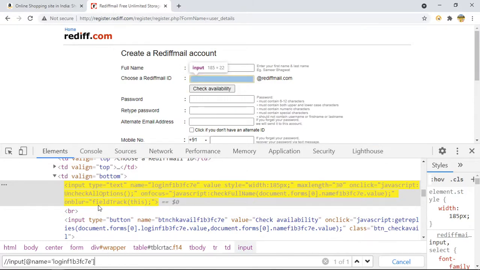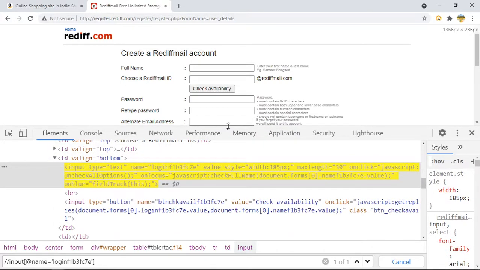So as of now I am here and I want to, if I say one more, so as of now I am here. If I want to move to this one, this is a child, this is a child, right?